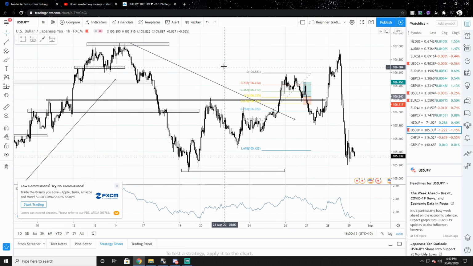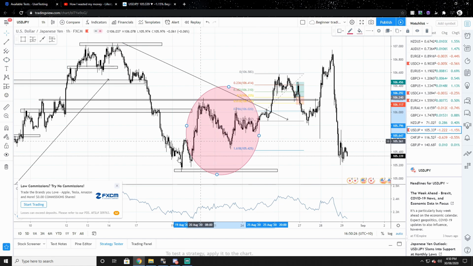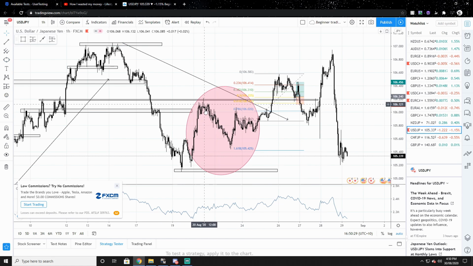Taking a look here, I can see that it's in this downtrend, but then it ends up breaking structure over here. We can see that it breaks structure because it doesn't create a lower low. It actually creates a higher low here, then a higher low here, higher low here, and then there's an equal low to that. But anyway,